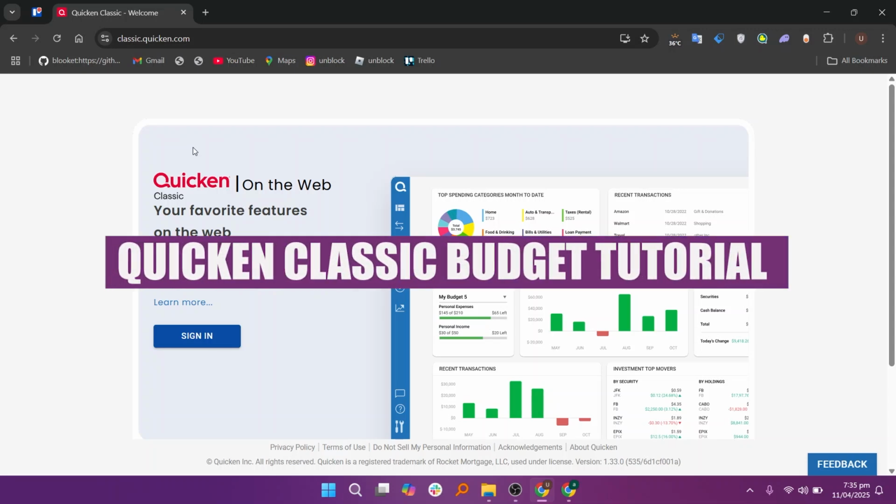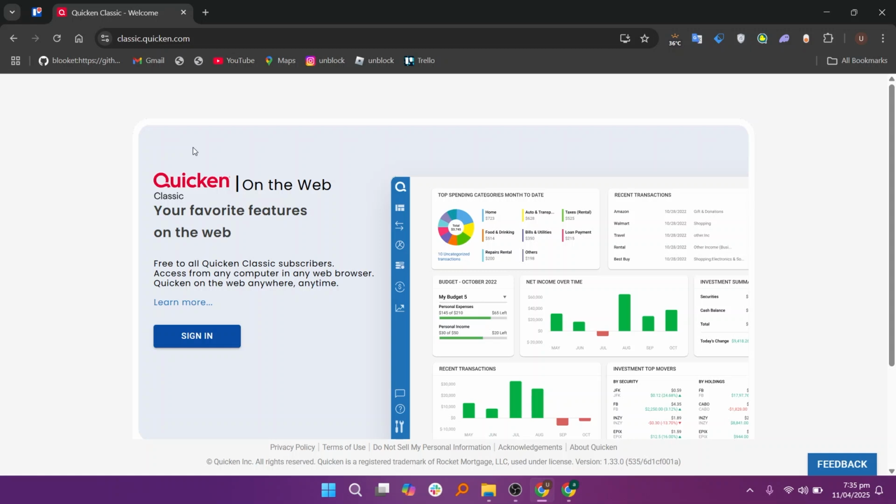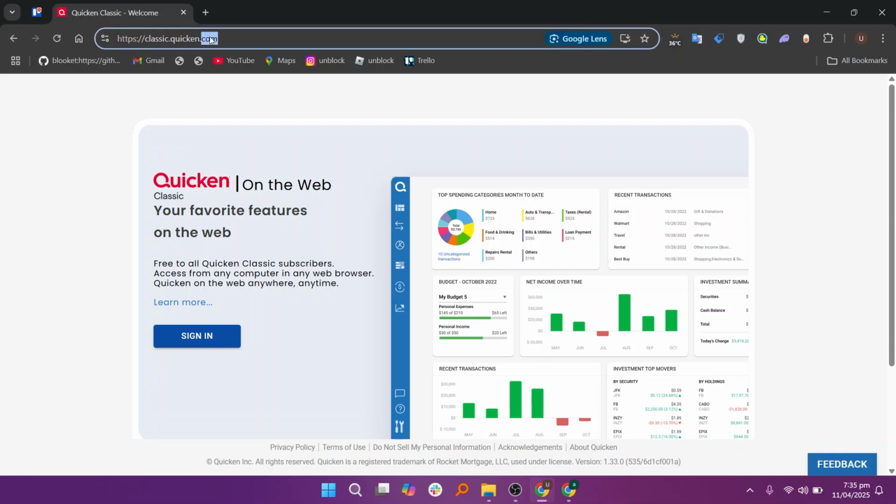Hey everyone, in this video we will learn the Quicken Classic budget tutorial. Quicken Classic is a personal finance management tool that helps you track your income, expenses, savings, and overall financial health. It's especially popular among individuals who want a desktop-based solution for managing their money without relying entirely on online platforms. With Quicken Classic, you can create budgets, view financial trends, track bill payments, and plan for future goals all from